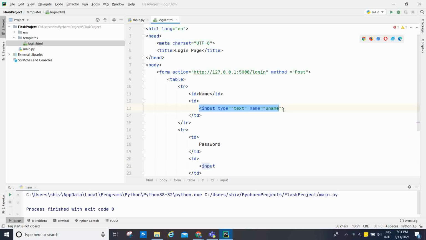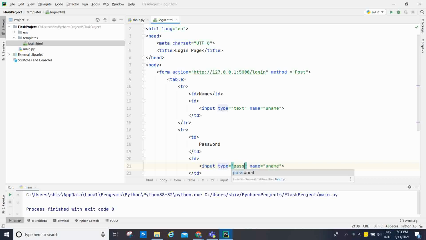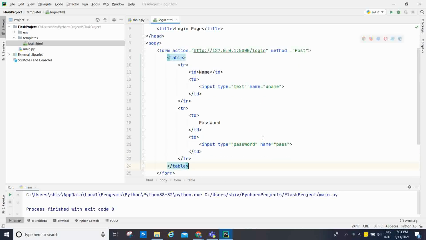I'm going to copy and paste it here, and here the type is password and this name is pass. Okay, this creates one basic table with two text boxes. One is the text input type, that is name, and the second is the password. I'm using password because when you enter it, it will give you stars or dots.